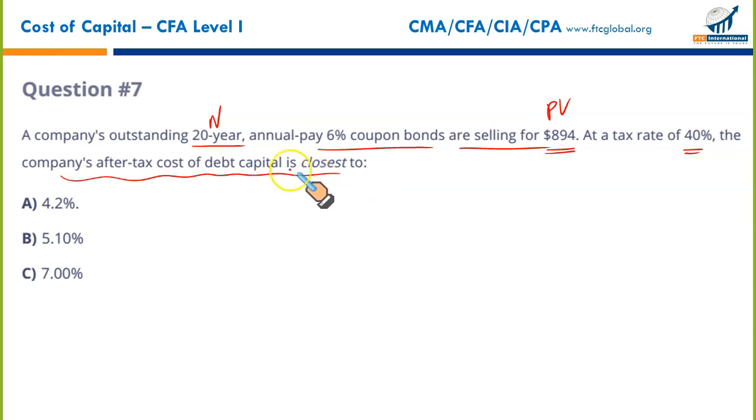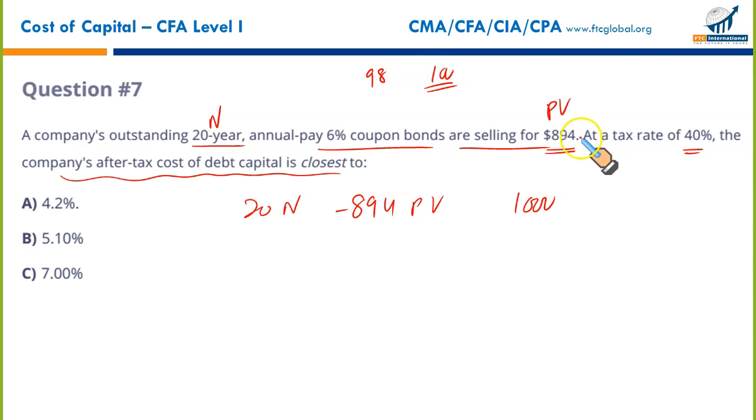First of all, 20 is the number of payments, or 20 periods. The 894 is the current market price, PV. Remember, whenever you're calculating valuation of bonds or yield for bonds, you need to consider the current market price as negative. The face value, or the future value of the bond, is 1000. 894 means the par is $1000. If it had been 98, it means the par is $100. So $1000 is FV, PV is negative 894,